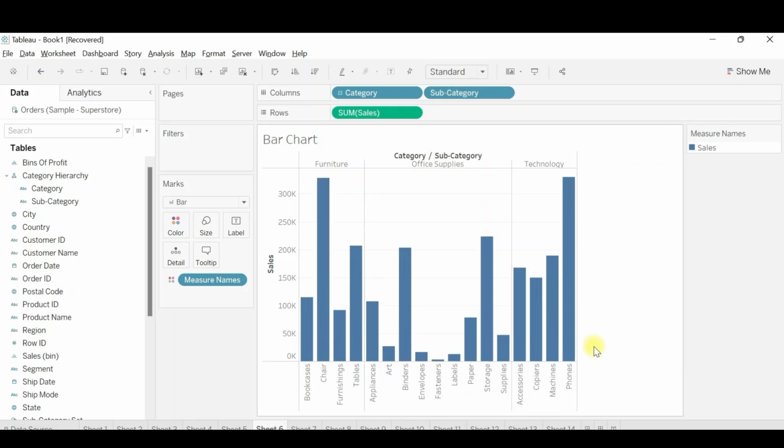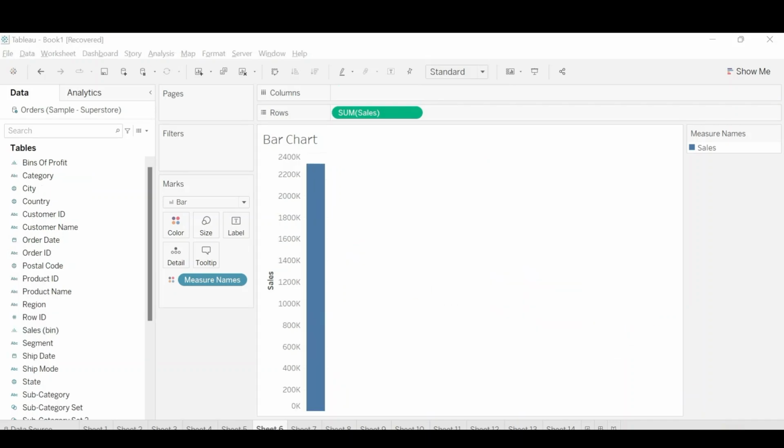So this is how the dimension hierarchy looks in the visual. The sum of sales for the furniture category and all the subcategories under furniture are listed on the x-axis.